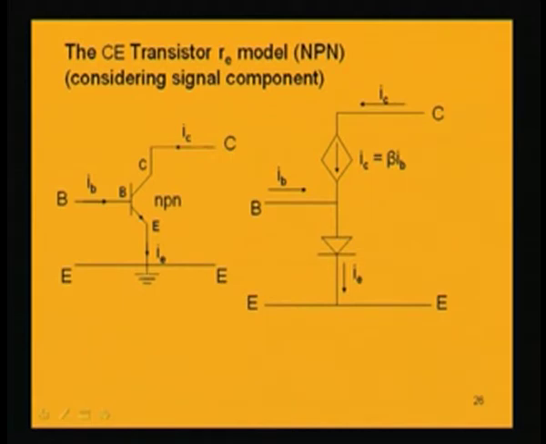Now, if we want to draw the equivalent model for this transistor, we can draw it by considering the emitter base junction which is forward biased, and we are taking an NPN. So, this point is N, this is P, this is N. So, the diode which is in the forward bias condition will be from P to N. So, B to E will be having a forward biased diode, and the output circuit, if we now focus, that is the collector to emitter, basically we are having a